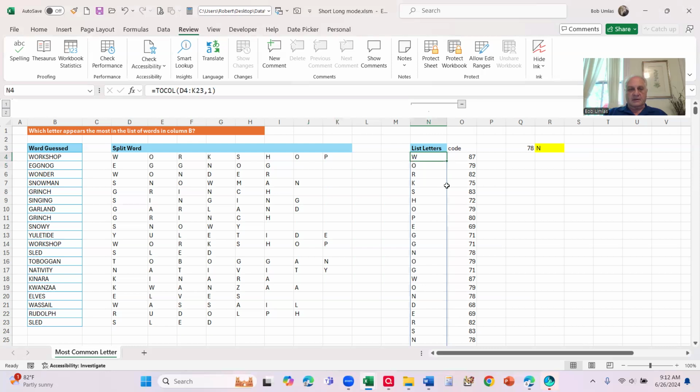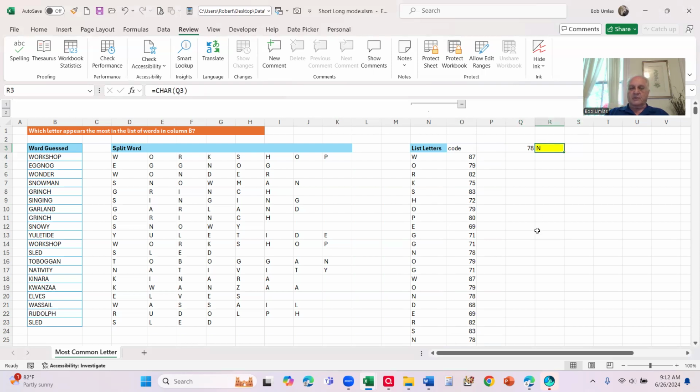So now that I had that, they presented a list of all the letters going down to row 133 here, what is the CODE of that? And the reason we got the CODE of N4#, is to get the spill range of all these letters. The CODE of that is because to count which is the most common, we needed the MODE function. And the MODE function only works on numbers, not letters. So in Q3 here, it did the MODE of this whole range. 78 wound up being the most common number in that list of numbers,